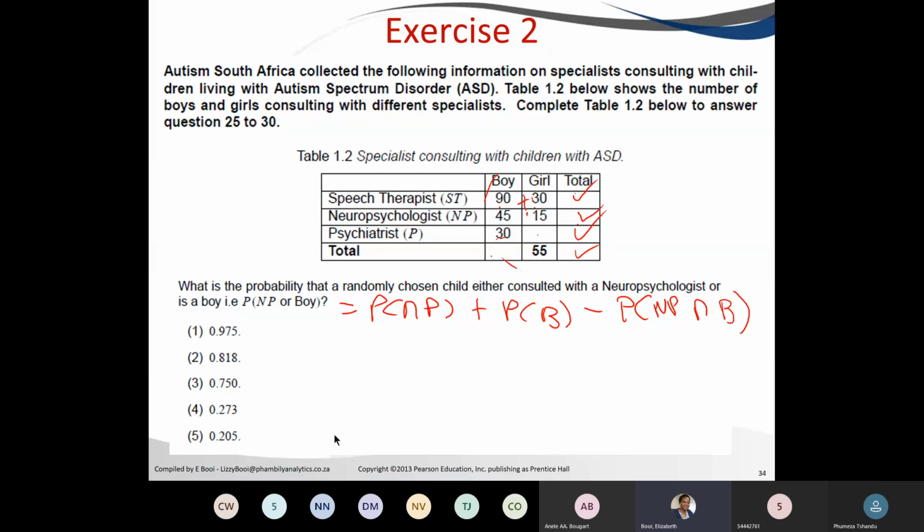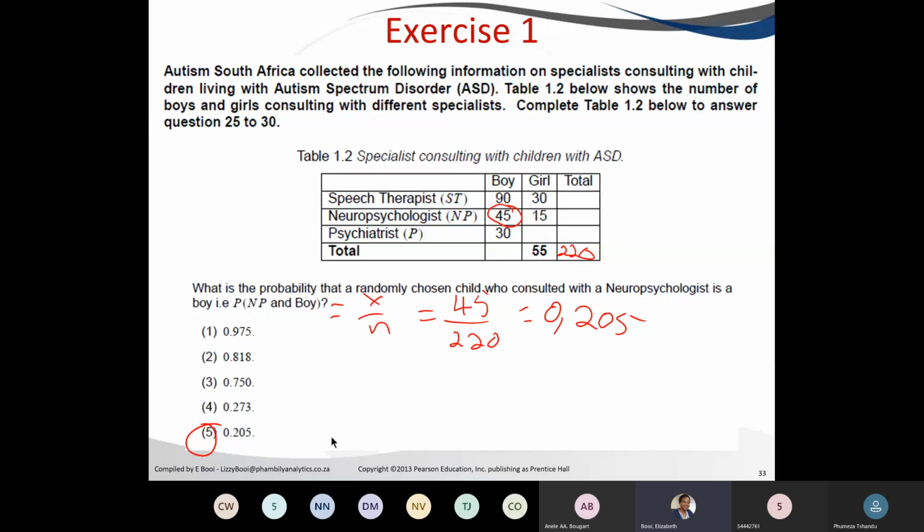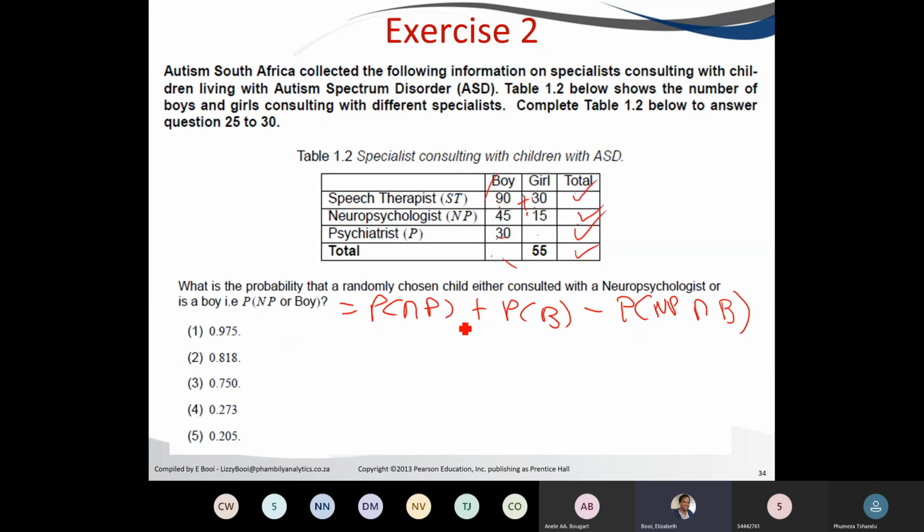If I go back, okay. So we agree that this answer is 220, which is 90 plus 45 plus 30 equals 165, plus 55 equals 220. That's how we got to 220. So it means this one is correct. The second one,